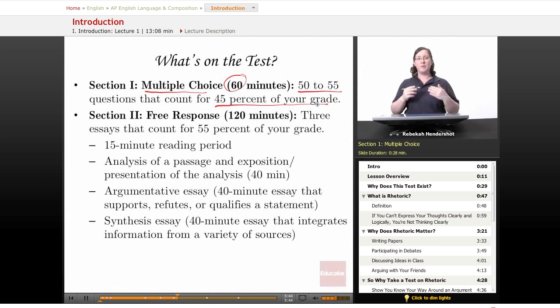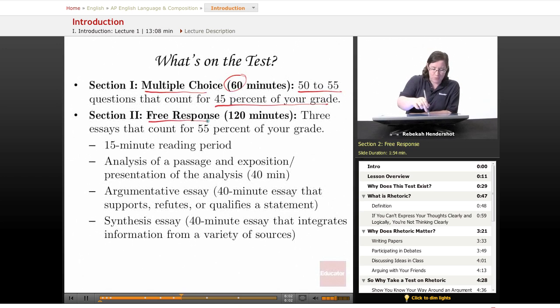The multiple choice section will give you a series of passages taken from literature, and we'll go into those in more detail in a minute. And you're going to have to answer questions about the passage, about the main idea, about the details in it. It's basically read, answer some multiple choice questions about what you read. You've done this. You've got this.